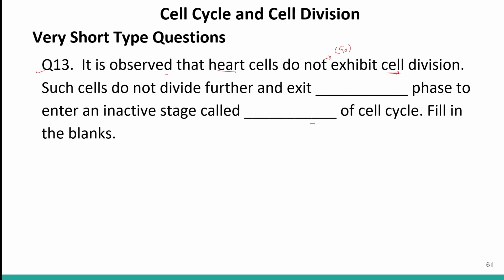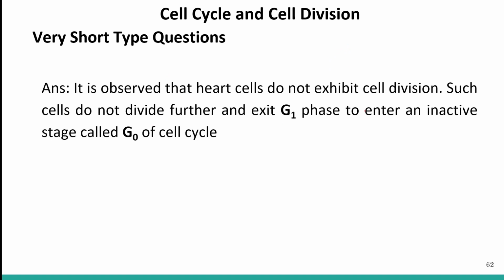They are metabolically active, but they are not dividing. So such cells do not divide further and they exit the phase to enter an inactive stage called, of the cell cycle. So what should be the answer? The heart cells exit the G1 phase and they enter the inactive stage known